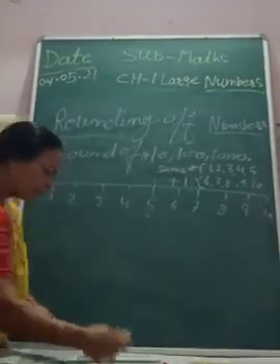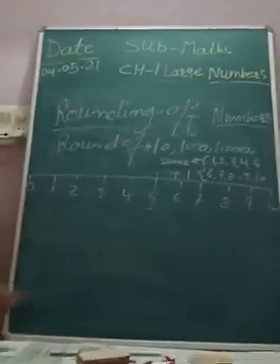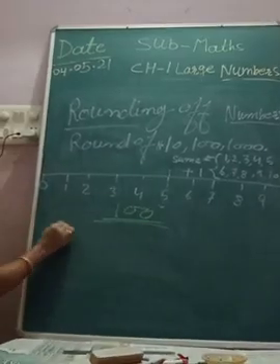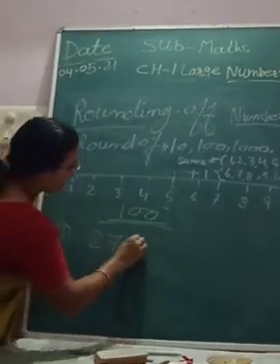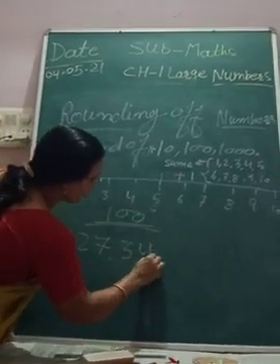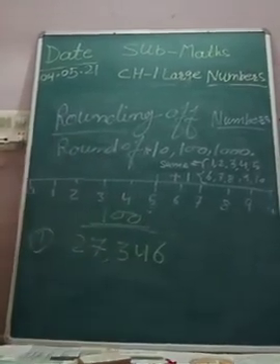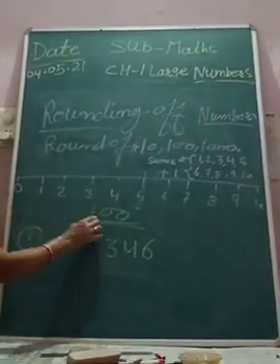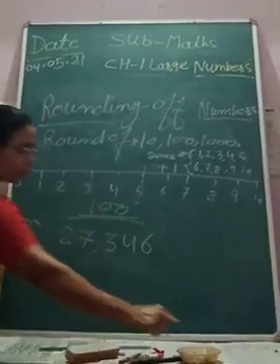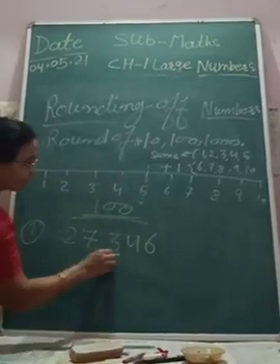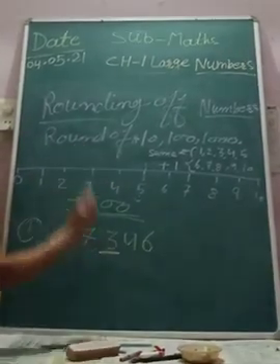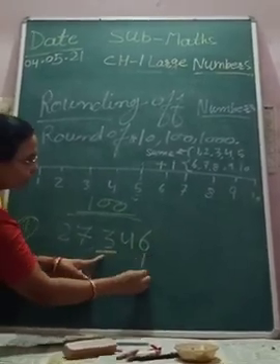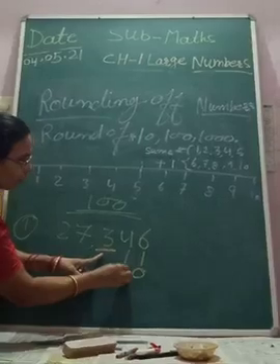Now this one is to test. The same formula will be applied if you have to round off to 100. Now just see, again I am going to write a number, 27,346. This is your number. As I have explained, first you have to see which digit you have to round off. You have to round off to 100. 100 means first you have to see which digit is on the hundreds place. It is 3. It means you have to round off this. Now if you have to round off to 100, you have to complete this by tens. So first we put 0 here. Here will also be 0.